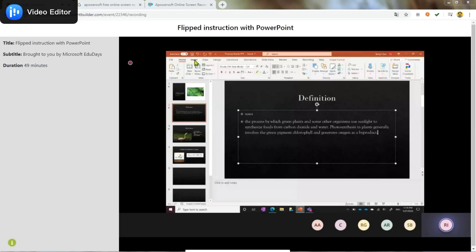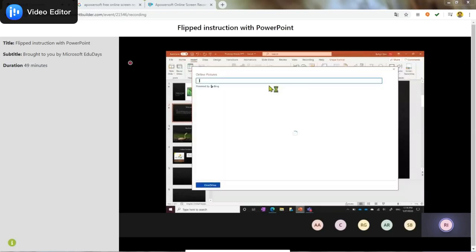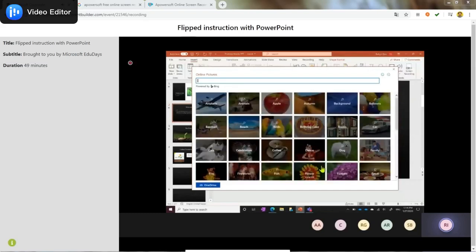If I click on that, this is the same tool that's embedded in Microsoft Word and OneNote and Sway. It brings up a Bing image search. So I can go ahead and search for plants, and it's automatically going to give me Creative Commons only photos, which means that I'm not going to get in copyright trouble for using any of these photos because they've been licensed for free use. So I'll go ahead and choose a plant here. Maybe this one looks good. I'll insert it into my slide.